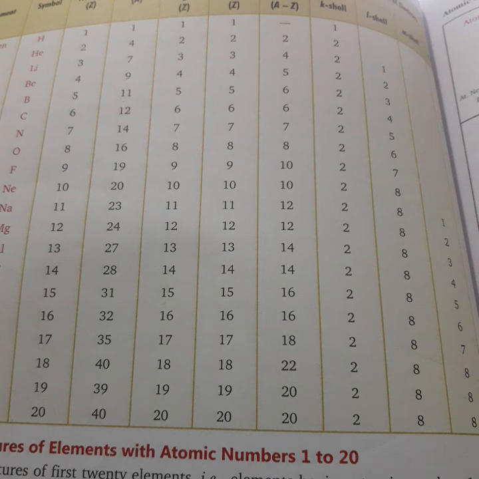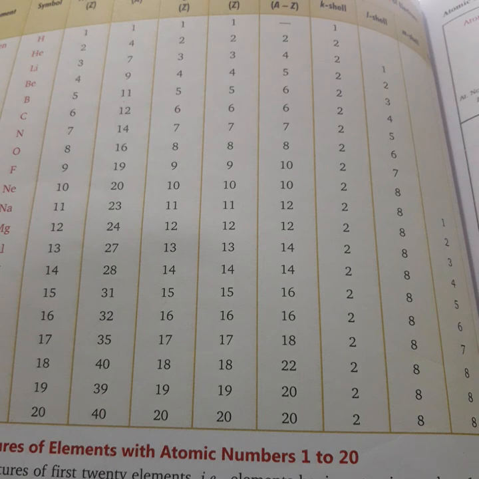Okay, if there are 5, 6 and 7 valence electrons, the element will be considered as a non-metal. Even 4 also, it will be considered as a non-metal. Okay, so nitrogen valency is 3 and it is a non-metal.